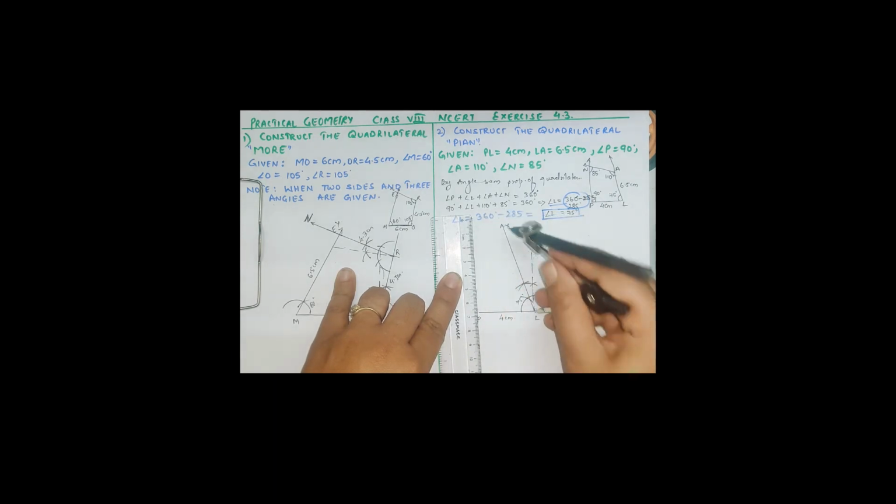Cut an arc on it. Extend this ray. It is X, and name the point A here, LA equals 6.5 centimeter. Thick. Then at A you need to draw, this is not a construction, you need to draw 110 degrees with